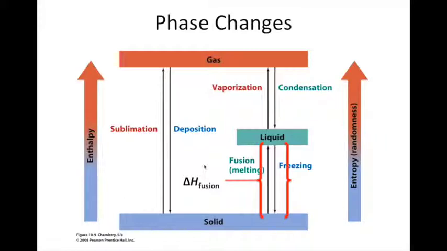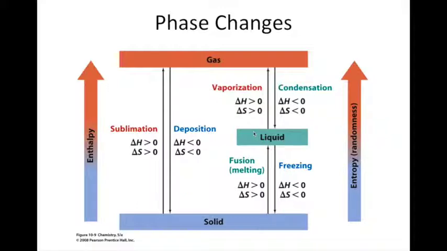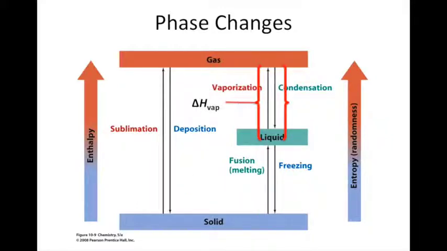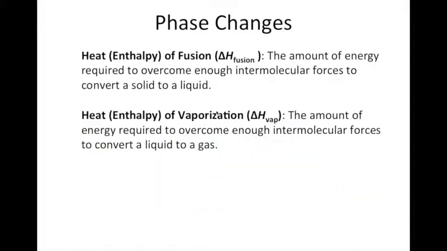A couple more things, a couple of definitions real quick. The energy that it takes to melt a substance, for a substance to undergo the fusion process, is what we call the enthalpy of fusion. The enthalpy associated with the vaporization, so basically how much energy it takes for a substance to be converted from a liquid to a gas, is also called the enthalpy of vaporization. So the enthalpy of fusion and the enthalpy of vaporization are two important terms that you want to appreciate. So be sure you write these definitions down.